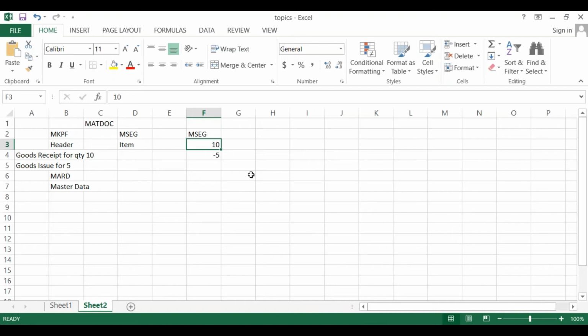Because if a single person is already working on a particular material, till the time all the tables are not updated in the background, if it allows the other person to do the transaction, it will create inconsistency. I'll give the simple example of a bank. Same bank account, all of us know the user ID and password. First of all, forget about the check that it will not allow you to log in at all. Multiple logins are not allowed, but consider that yes, multiple logins are allowed.